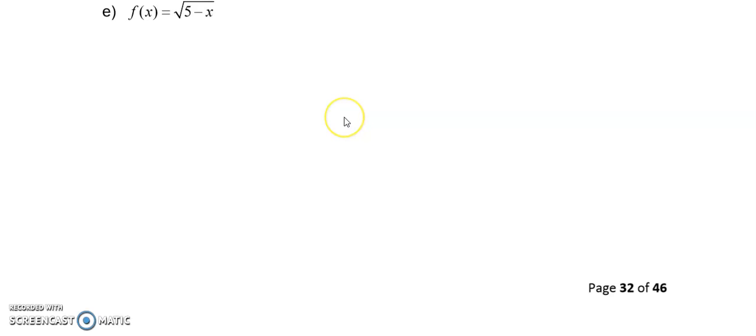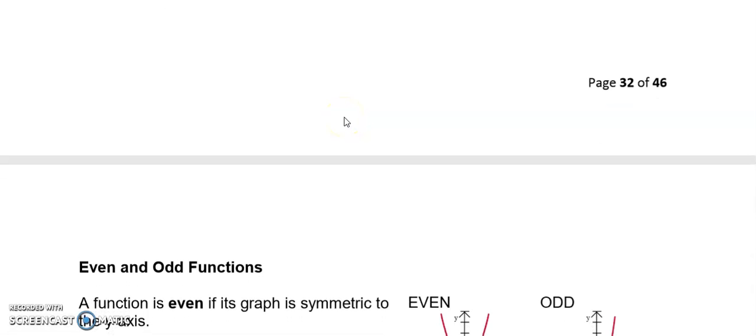So I'll stop there. Now we're not quite finished this section yet because I've got to go over odd and even